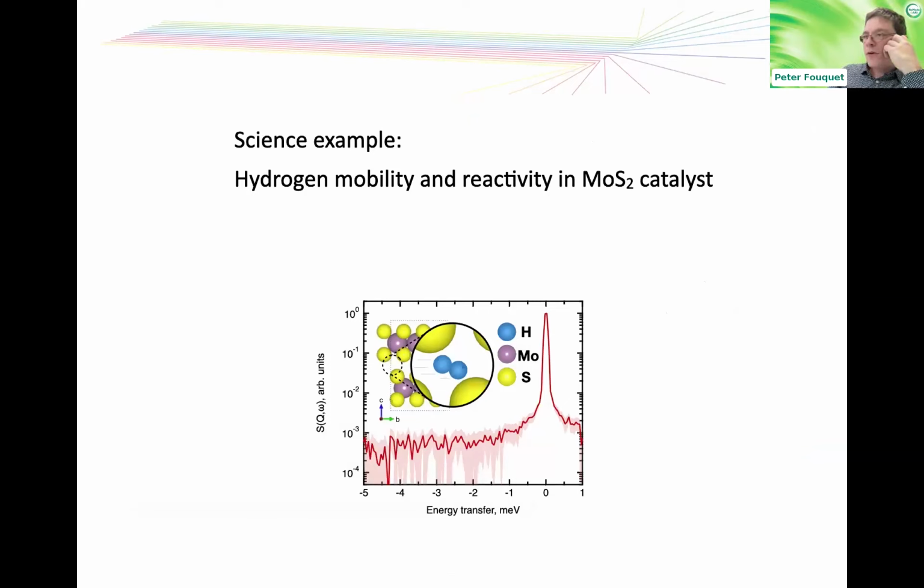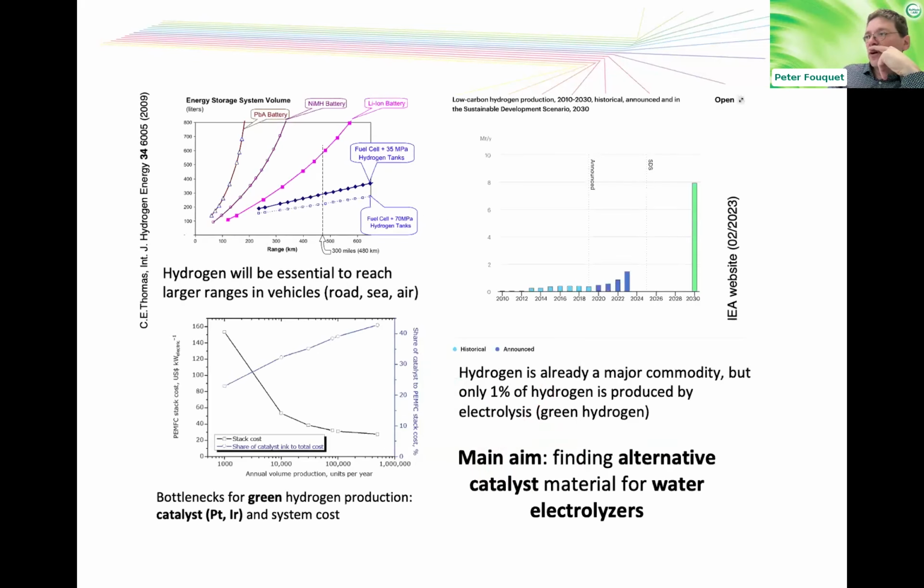And I start with a very specific example where I'm involved myself as a thesis supervisor. And that's a project that we do with a university in Germany, with Westfälische Hochschule. And there we look at the mobility of hydrogen and the reactivity of hydrogen in some catalysts that are alternatives to platinum. Why do we do this? We do this because